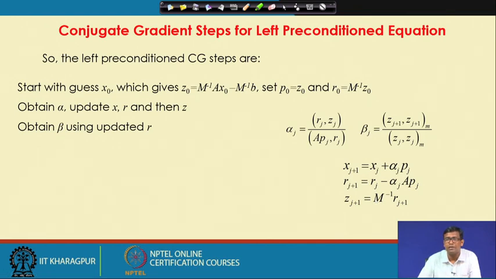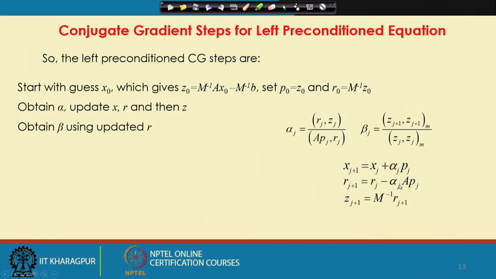M inverse should be readily available with us instead of actually looking into LU factorization of a matrix and getting the lower triangular form, multiplying it with upper triangular and inverse etcetera. M inverse should be readily available, that we need to check later. I will say how M is evaluated later, which is also a very important part of these methods. But we will see how the algorithms are modified provided we know how to evaluate M and we are ready with M inverse or M inverse A in certain cases.